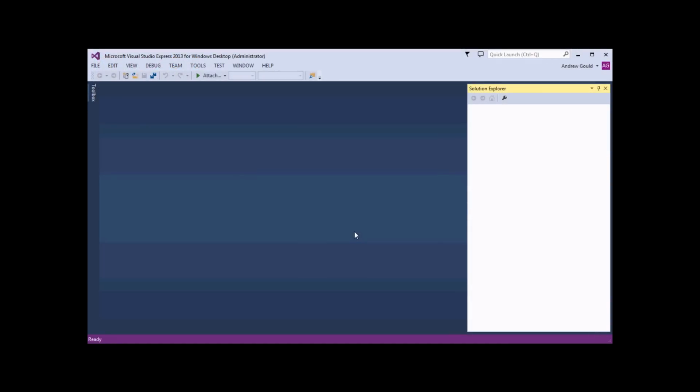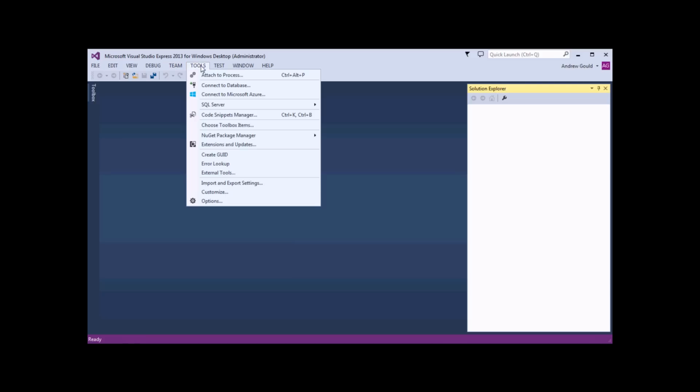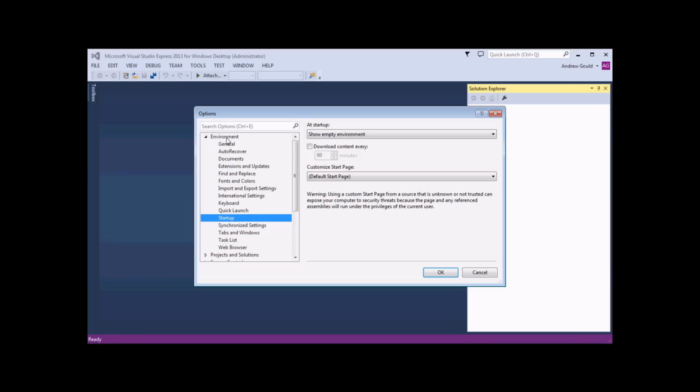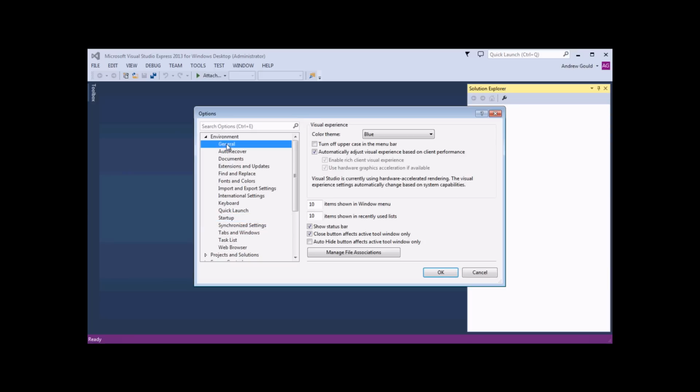Now the Options dialog box contains a huge number of settings for controlling the way Visual Studio behaves and appears. One of the things I particularly detest about this version of Visual Studio, maybe it's just me being fussy, but the menus are all in capital letters. I just think that looks awful. This was a feature introduced in Visual Studio 2012, and if I wanted to modify this so that the menus appear in lowercase letters, I can head to the Tools menu and choose Options. And in the Environment category again, head to the General section and I can turn off the uppercase menus in